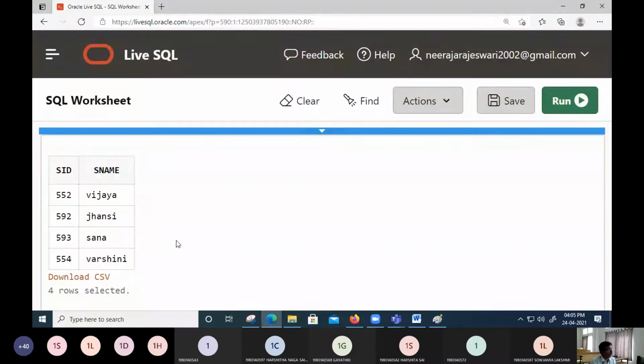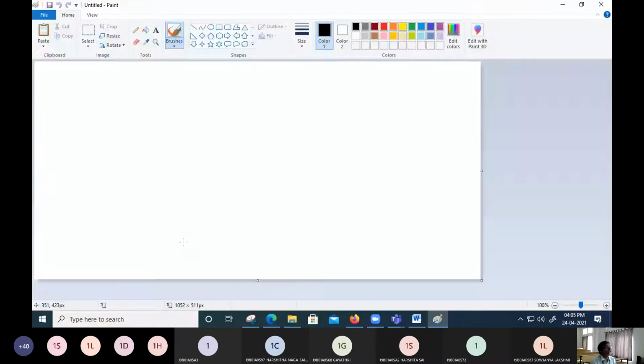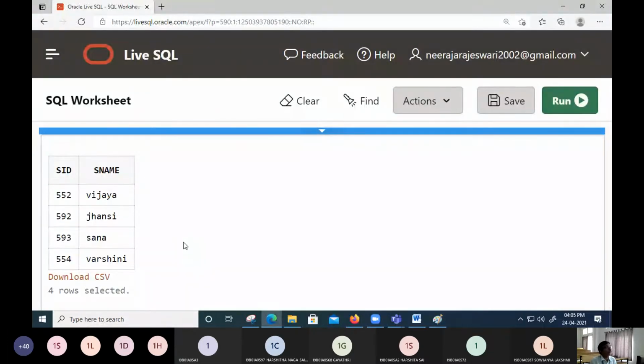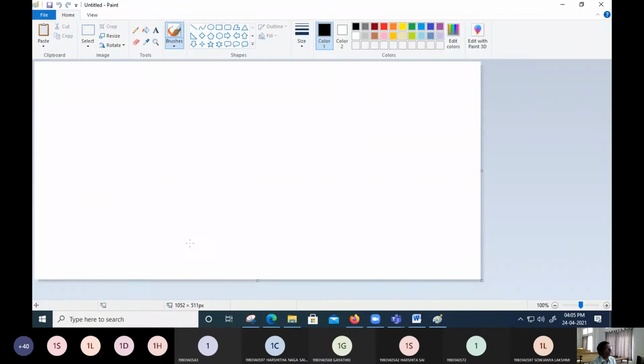What are the second table entities? Just write down 52, 92, 93 and 54. Okay, now tell me what is set A? The previous table, student 1.